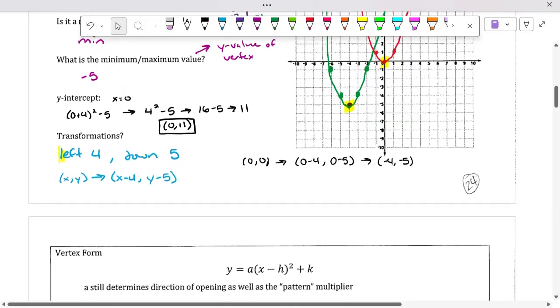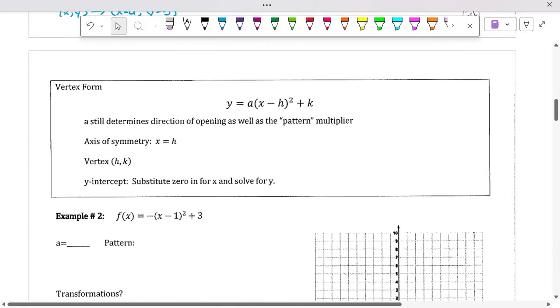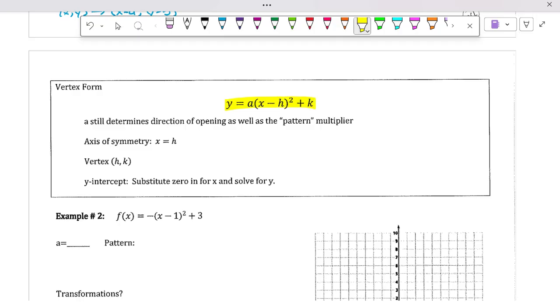So when you graph with vertex form, it's pretty easy to graph if you know its parent form. Again, just to restate, this is your vertex form. Just to break it down, a is your leading coefficient. It also tells you the reflection. If it's negative, that means it's reflecting over the x-axis, or it's opening down. Now, your vertex comes from (h, k), but if it's written with a plus h in the formula,